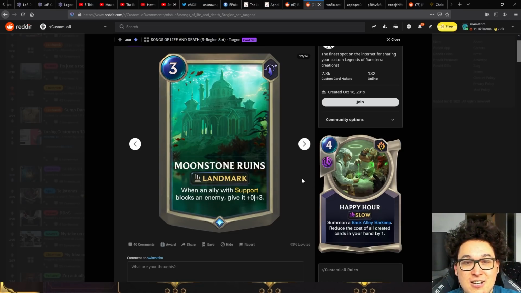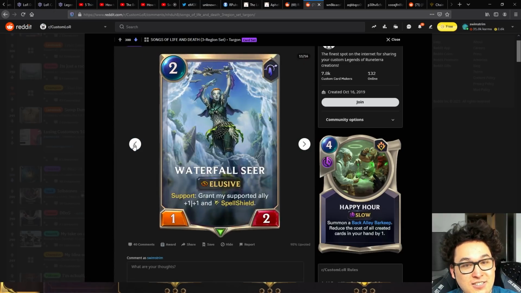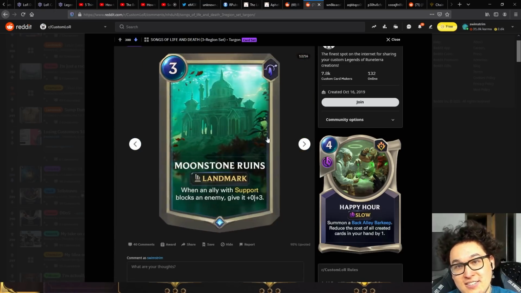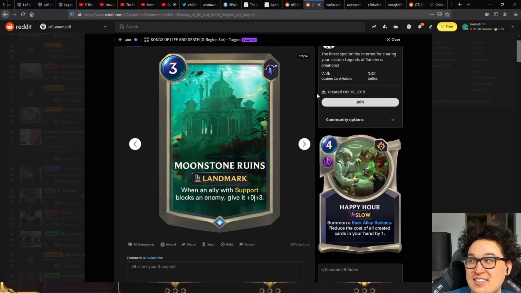Moonstone Ruins. When an ally with support blocks an enemy, give it 3 health. Is this a support expansion all of a sudden? It's just this one other card, right? But I guess it'll be the rest of these. This is a very interesting card. Basically, this card is designed for...